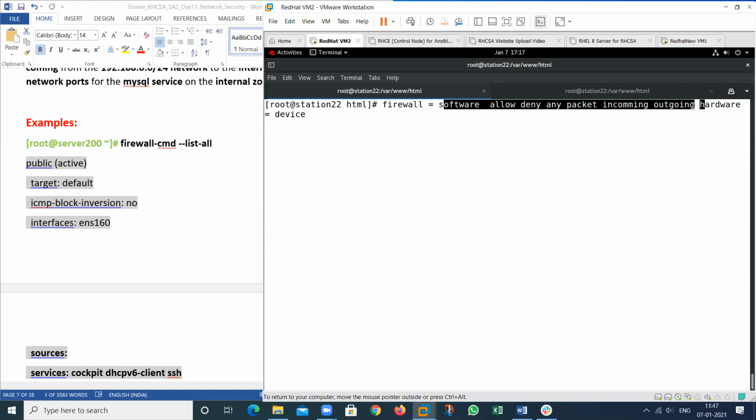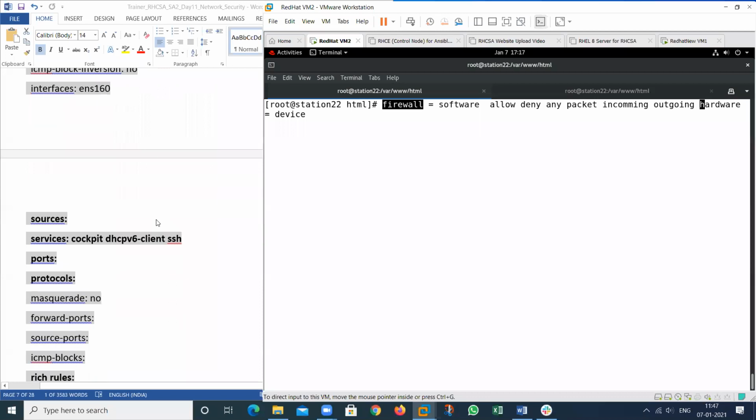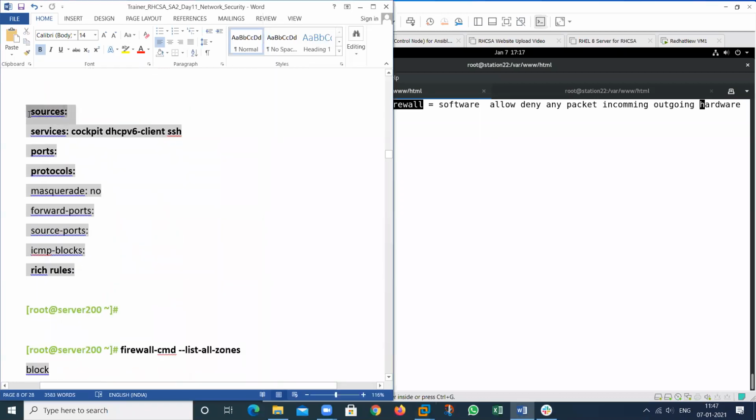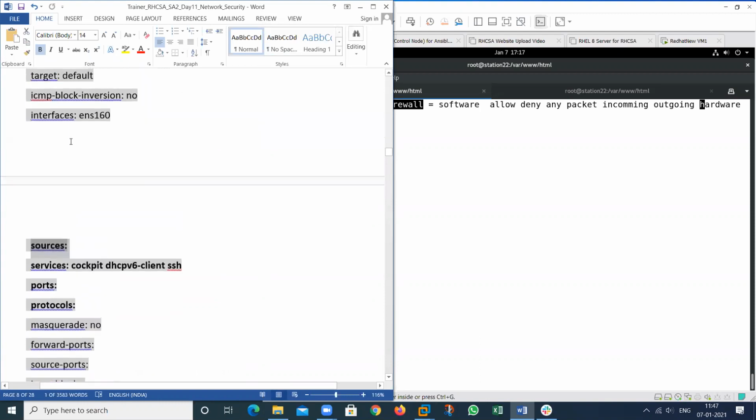Then these things will be allowed by my firewall and we can open that particular service, that particular port. Suppose I want to add my subnet only, this particular subnet, and this is my service. So this service is allowed for only this particular subnet. Then I have added a rule in my firewall.